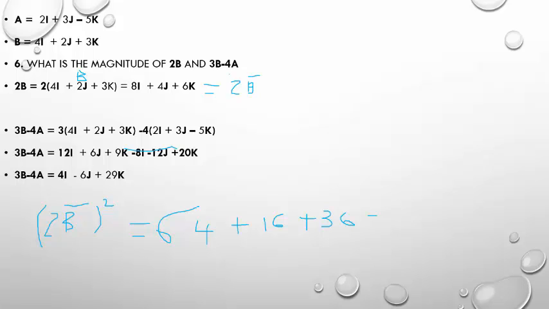Which is equal to 64 plus 16 plus 36. That will give us 116. So the magnitude of 2b